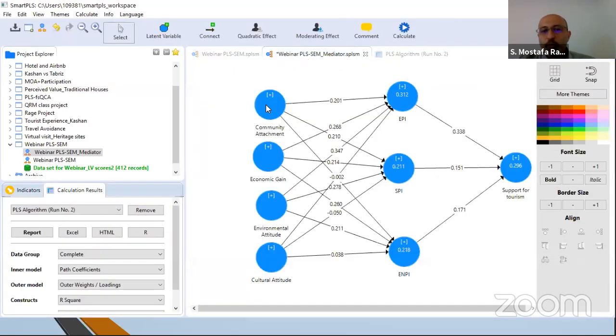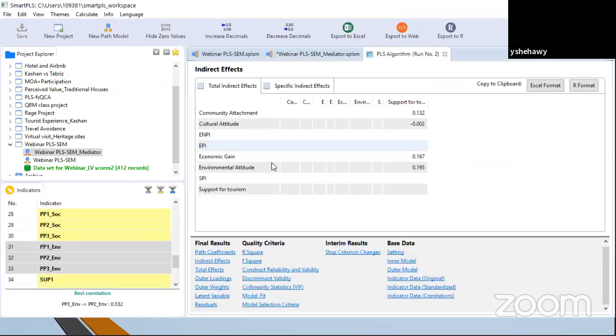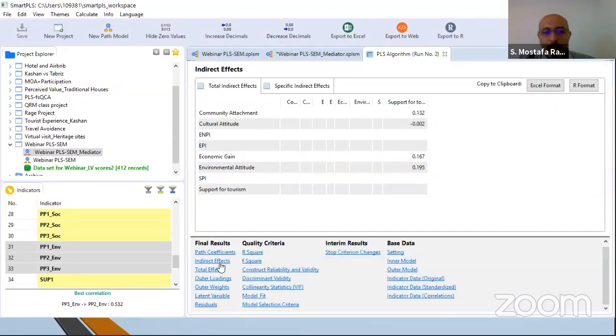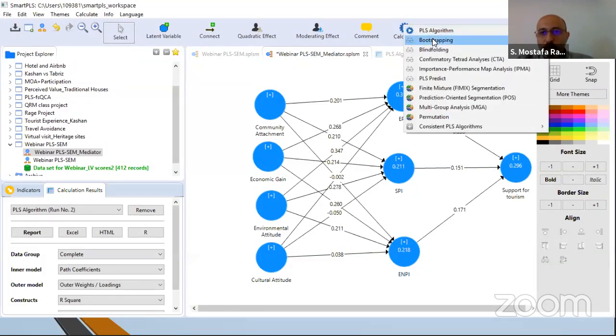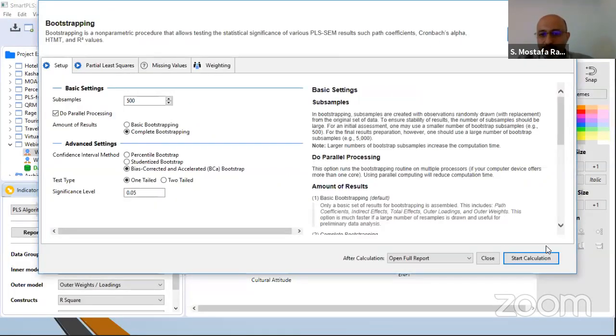But actually between community attachment and support, we have 3 different mediators. So this effect is the total indirect effect. But when we run bootstrapping, because for each indirect effect, we need to see the significance of the indirect effect, right? So when we run bootstrapping,